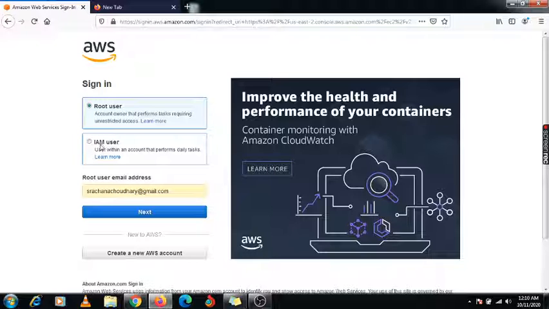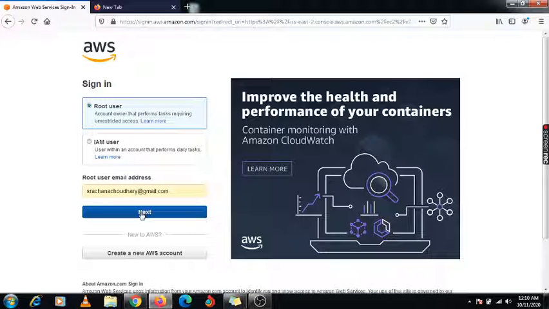Using that IAM user we can log in to this console and check the particular access whatever we have provided to that user, either it is accessible or not. We will create some groups and add that user to that particular group, and assign some policies for that user and to the group. So it will log in with that user and it will provide that particular access to use those particular services.